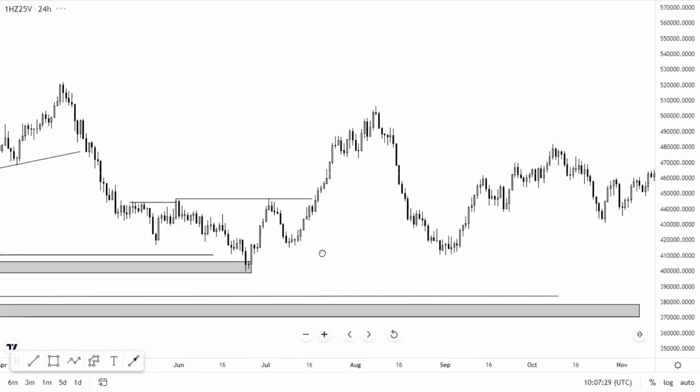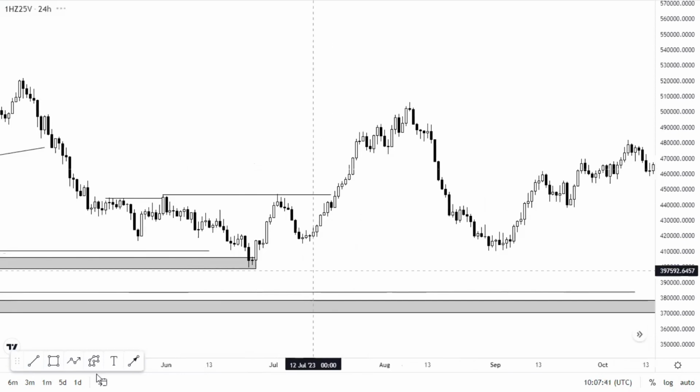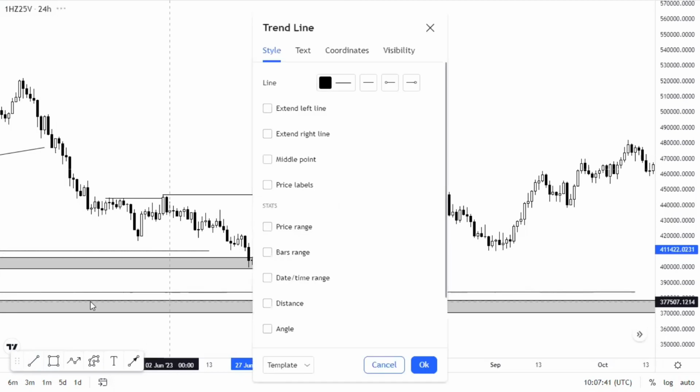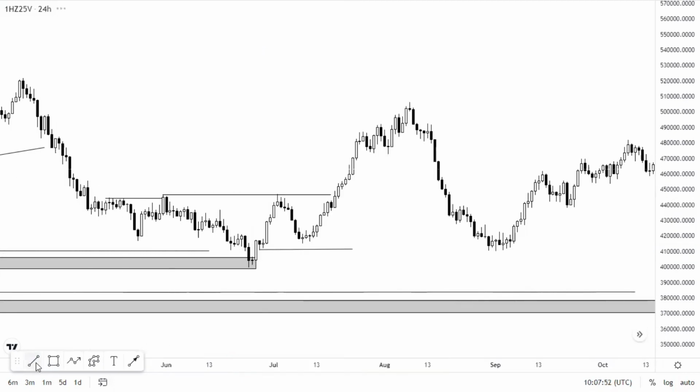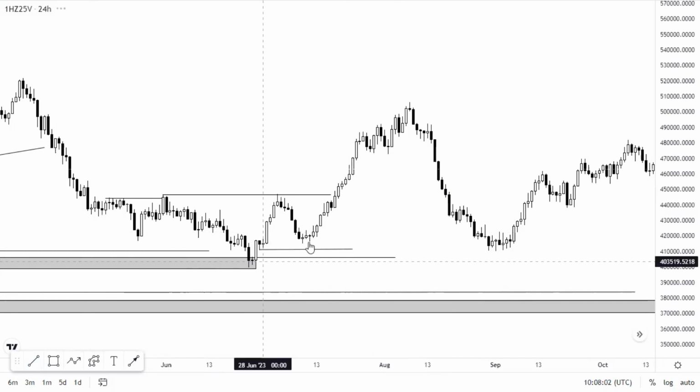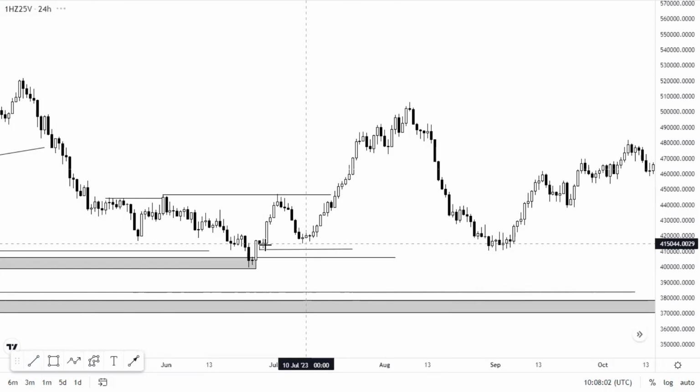I'm not going to be in a hurry. So I'm going to mark out my fair value gap. After marking out my fair value gap, all you have to do, please do it on the higher time frame. I beg you guys, because lower time frame is very, very deceptive. So I have my fair value gap here, the imbalance. There was imbalance here, and you can see that this market used this candle